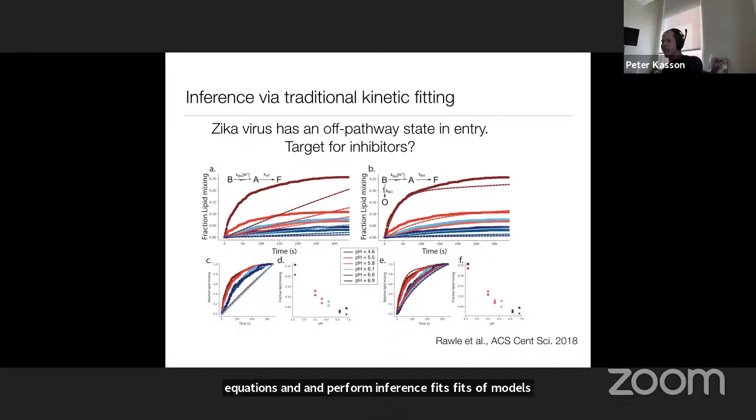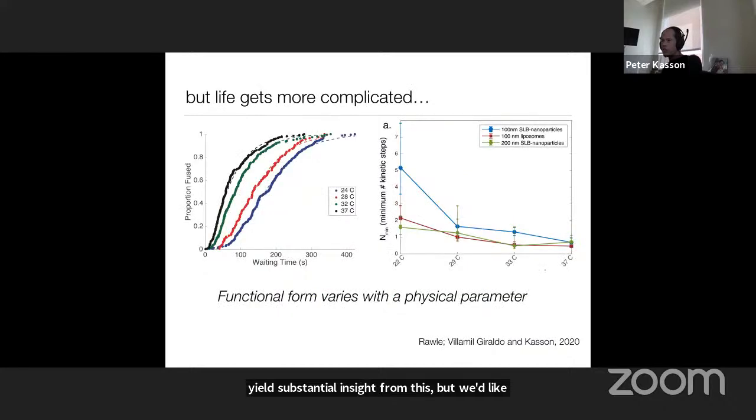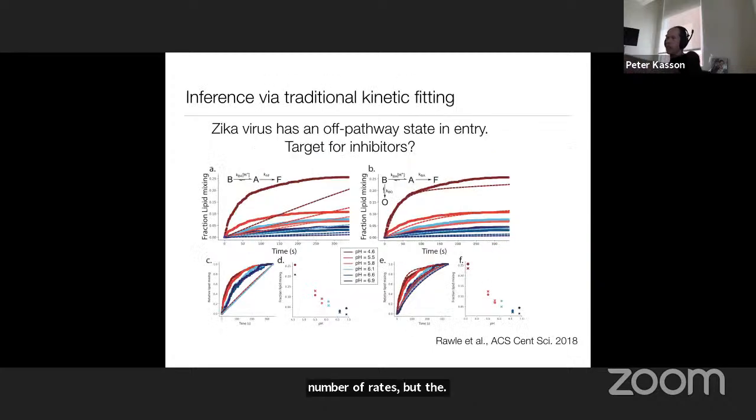But this is really very, very driven by specific hypotheses. This is for Zika virus, and can indeed yield substantial insight from this. But we'd like something more general. And also, furthermore, for Zika, we can change a parameter and see differences in a number of rates, but the functional form, this number of intermediates in the existence of an off-pathway state, which we'd like to exploit for inhibition of viral entry,